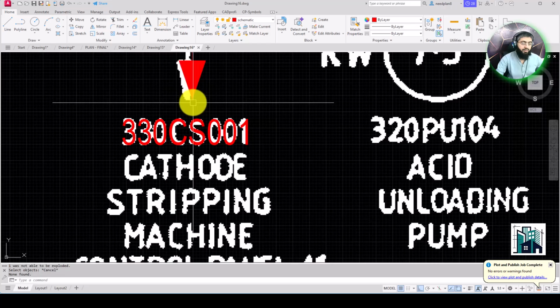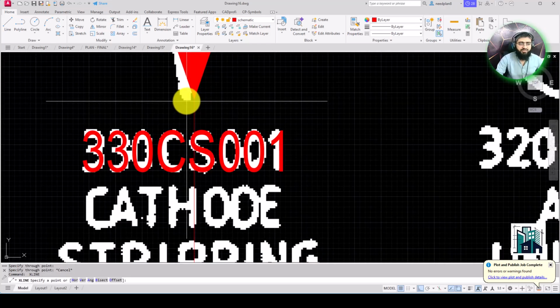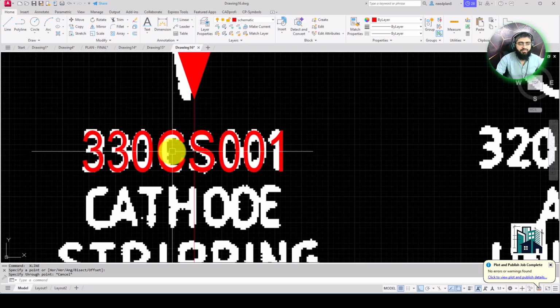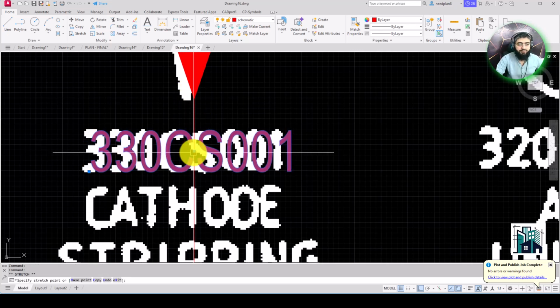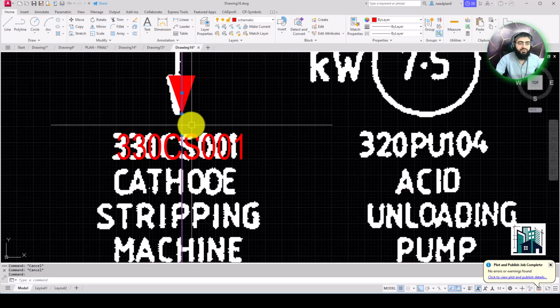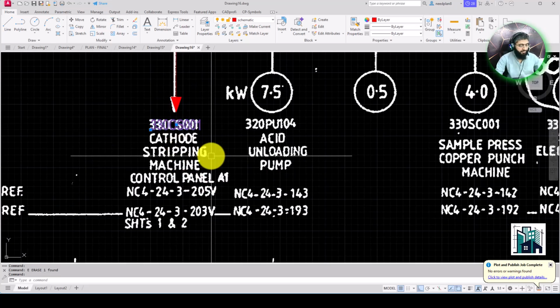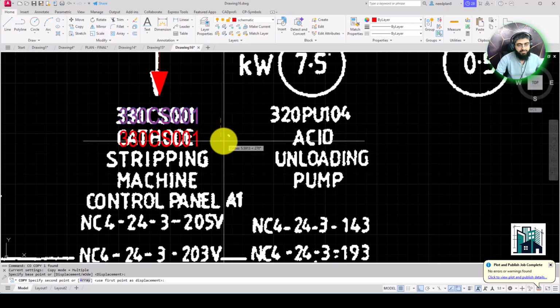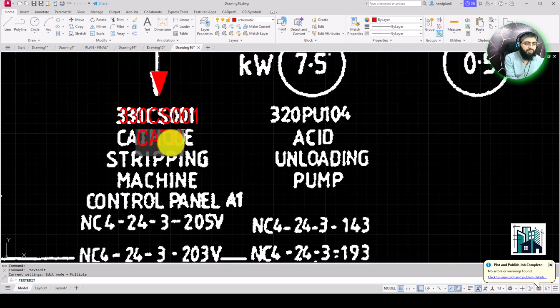So the center of this is different. The center of this is here, and this text is centered as per this, but our center is here. So I'll have to just follow our dimension, not follow the PDF. Okay, so I'm going to click here like this, 5.5, and then write this text, cathode,